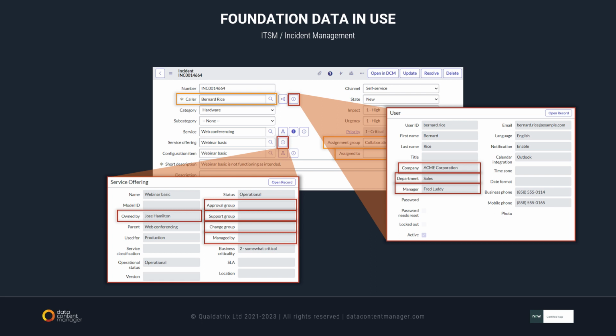So of course you could have an incident form or a business application where you say that, okay, Pekka Korpi is the owner of the application, but if that doesn't refer to a user, it's just free text, then you can't really use it for reporting or anything else. Okay, well, that makes sense.